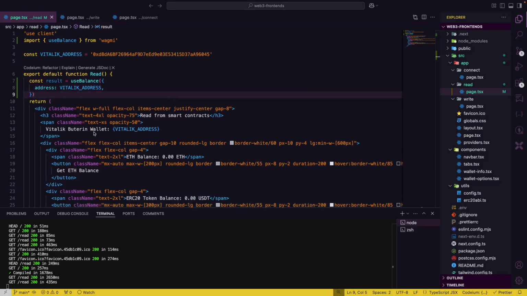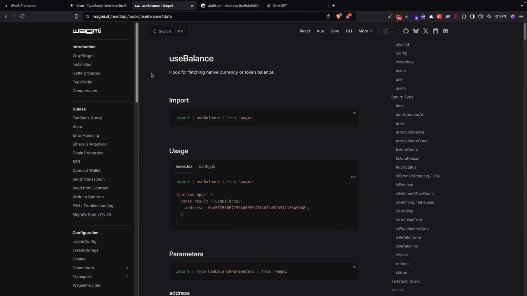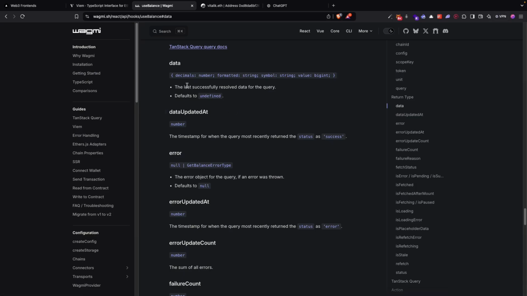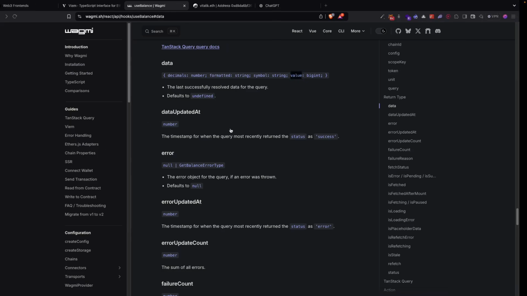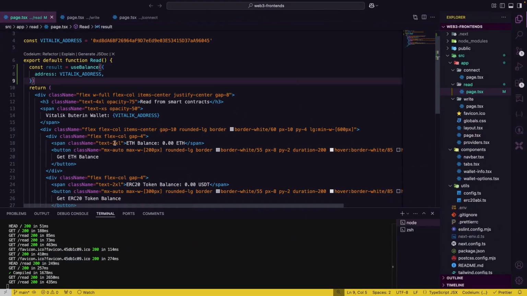So following the documentation, we need to look at the return type, and the data returns specific formats, and we need to pay attention to this value, and this value is in the format of wei, which is the smallest unit of Ethereum. So if we use this value right here,